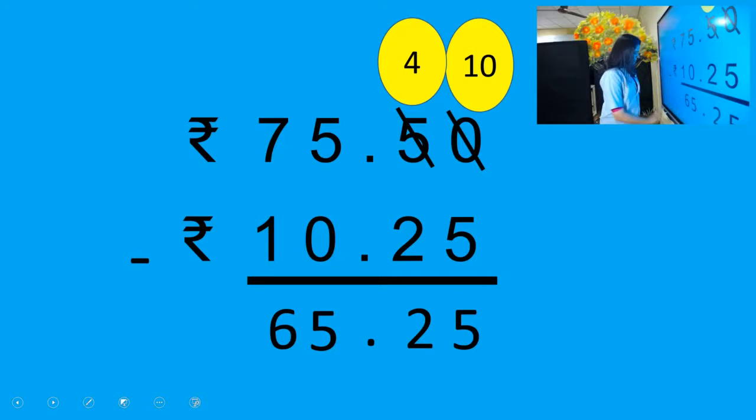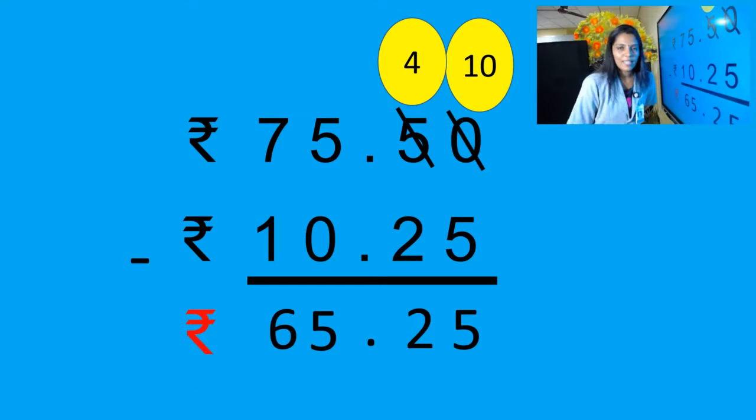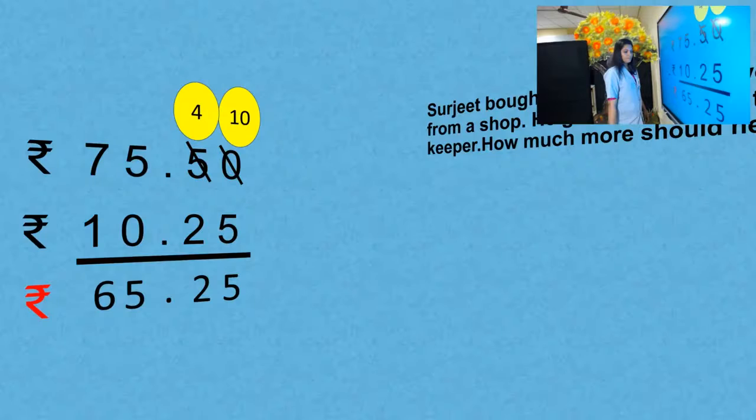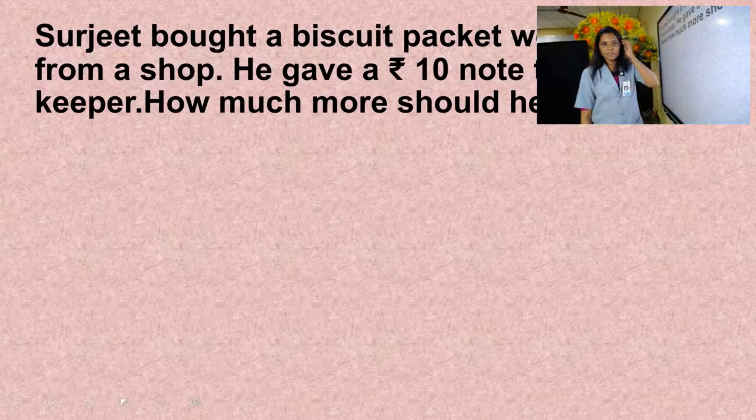So what is this answer? This is the amount of the toy. The total amount of toy and ball is given to you, and the amount of the ball is also given to you. So when you reduce that, you will get the amount of the toy. You have to write this answer in the previous step. Okay. We can go for the next question.